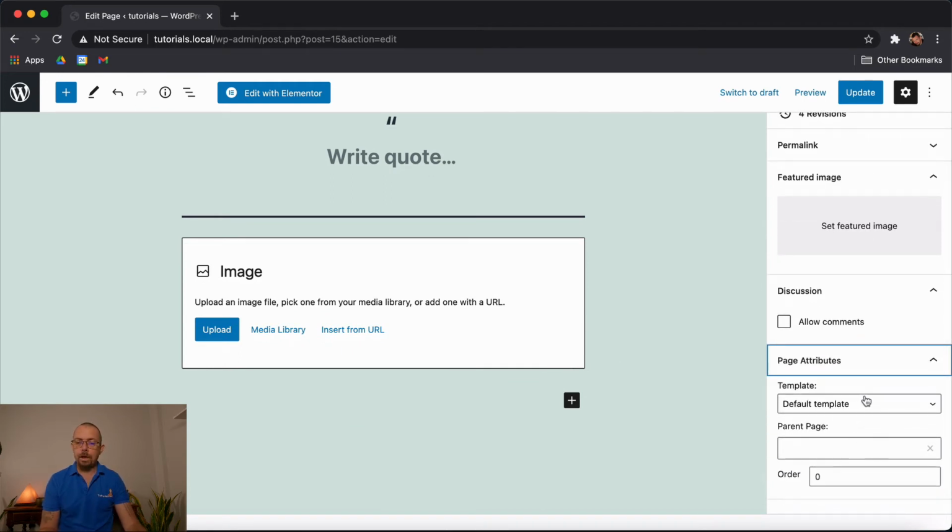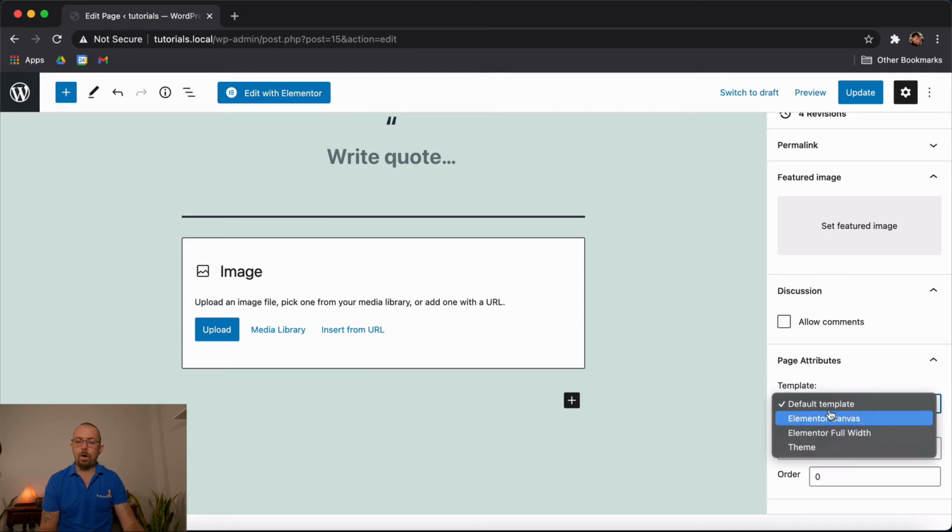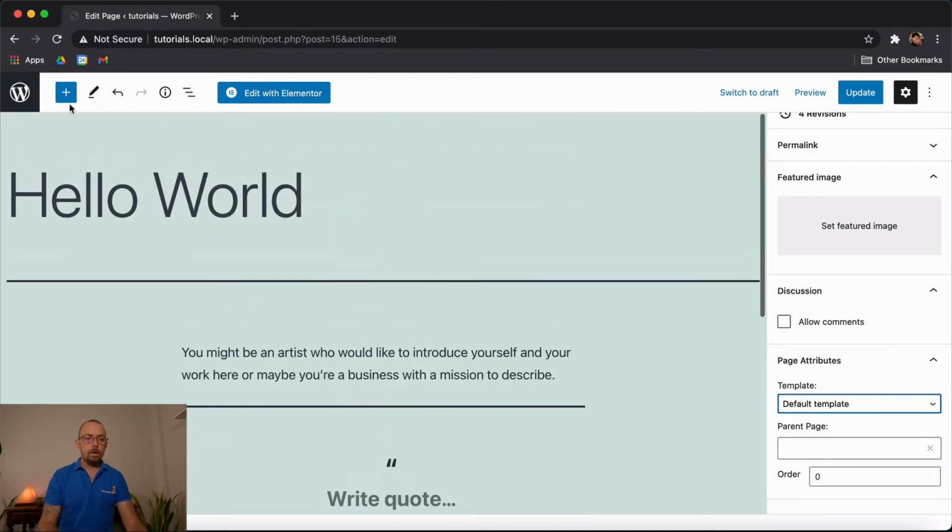Page attributes, we dive into this a lot later on when developing actual websites. We can choose layout wise, have a header, don't have a footer, things like that, full width, half width. We can decide those and we can create orders for them. So I'm just going to come out of this. If you wanted to update any changes, click on the update again.